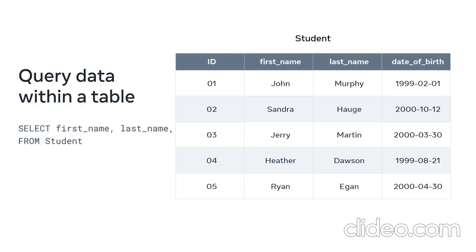As an example, you could use the select statement to query the student table to find the name of the student with an ID of 1. You would just need to add the where keyword, followed by the student's ID. This would then return the name of John Murphy. You're now familiar with the basics of SQL syntax and its subsets. Don't worry if you're still trying to figure out these subsets. You'll explore each of them in more depth later in this specialization, and you'll also get an opportunity to try